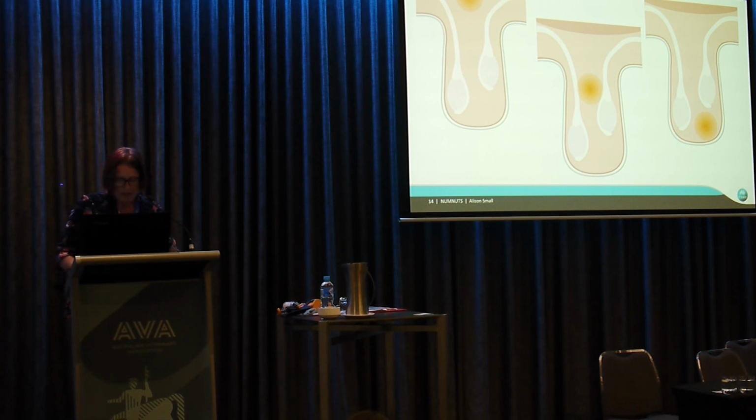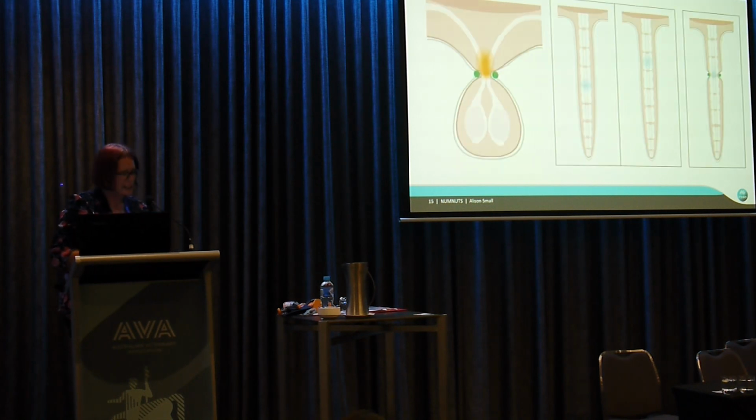So what Robin's team has done, which is really clever, is uses the ring. So here's the Numnuts tool. Expand the ring. I don't know how often this has been expanded, so I'm expecting it to take off. Expand the ring, you put the tissue in, but as you close the tool, the ring squeezes the tissue right up against where the needle's coming out. So then when you actually plunge the plunger, the needle advances into the tissue right where it's needed, and then